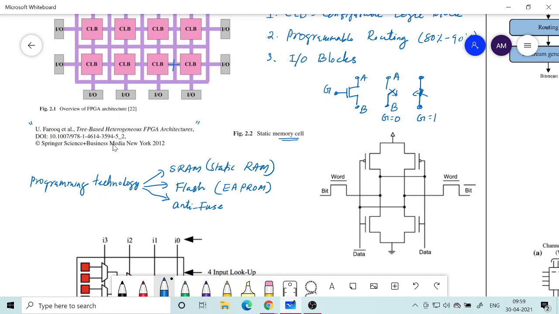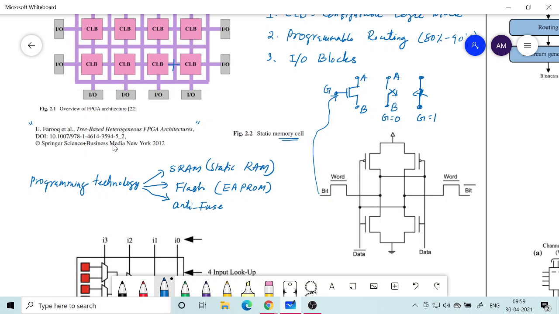So all you need to do is put the appropriate value, whether it's 0 or 1, according to your requirement, whether you want to close the MOS switch or open it. So from where do you get this? The input that you give here has to remain there for a particular architecture. Therefore we use a static RAM. The output of this static RAM is what we connect to G.